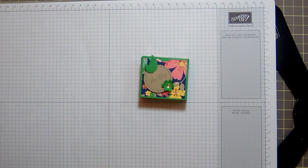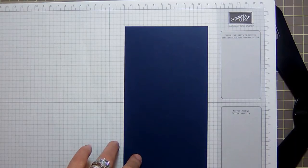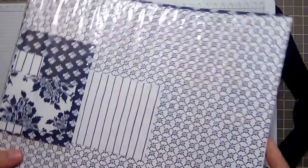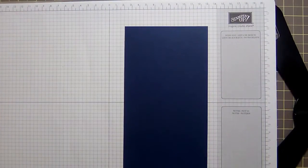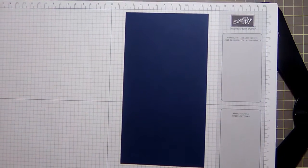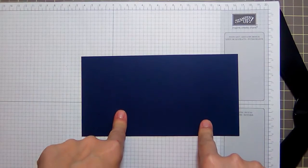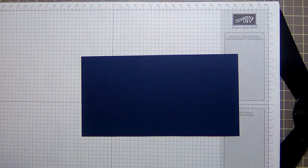You will need 1 piece of cardstock that measures 4 1/4 by 8. I'm using Night of Navy and the Floral Boutique paper today. I'm going to the regular catalog because I've been doing a lot out of the occasions catalog and I want to focus on the annual catalog today. So Night of Navy cardstock, 4 1/4 by 8, and the designer series paper that you will need, here it